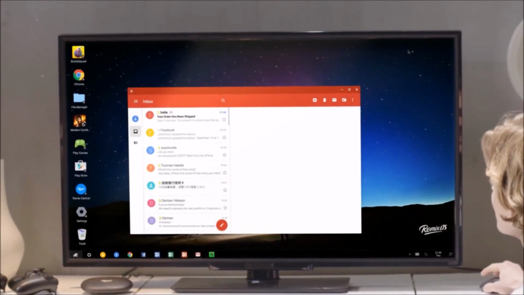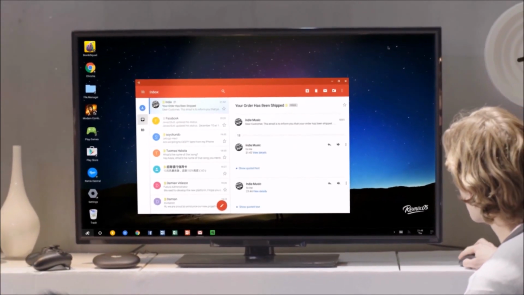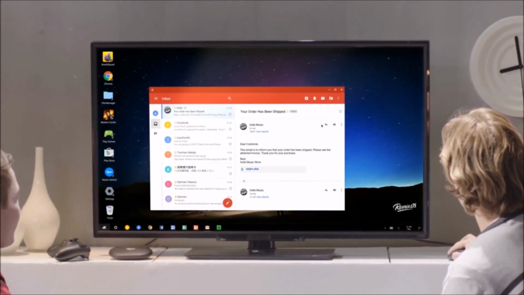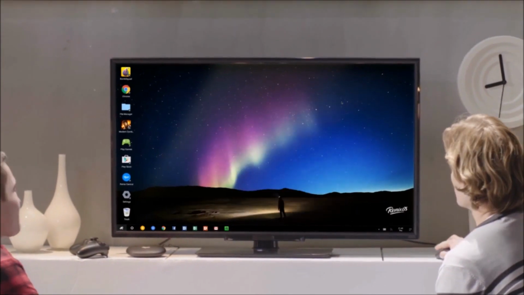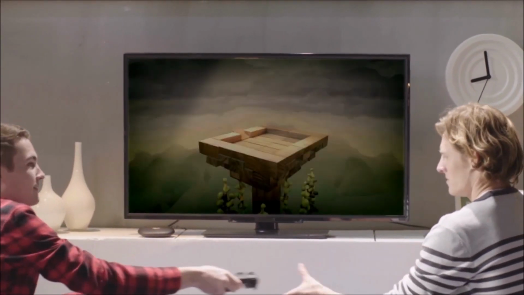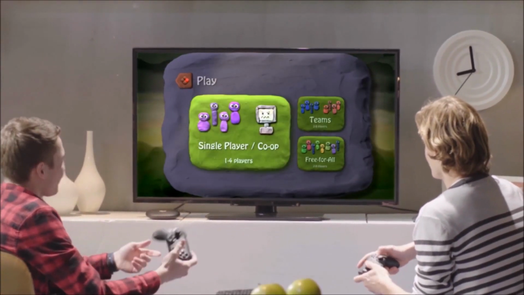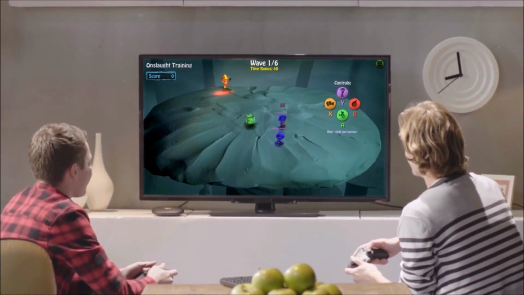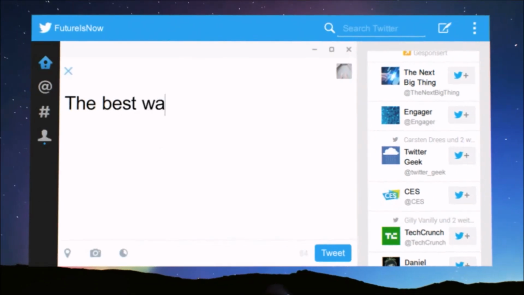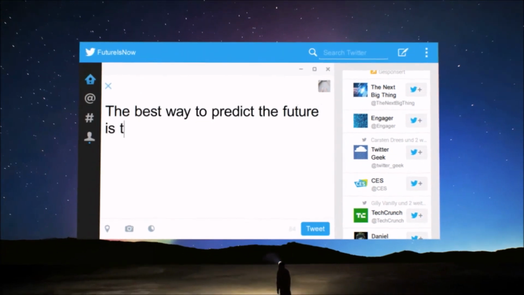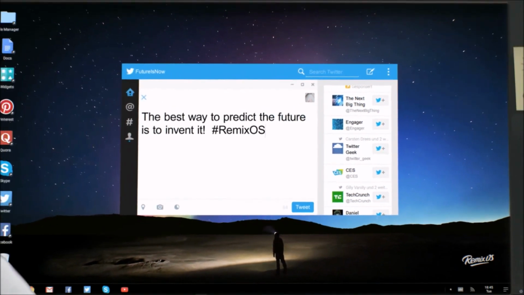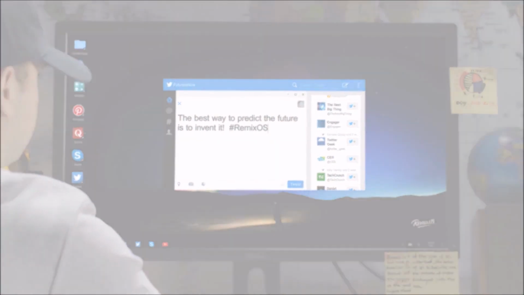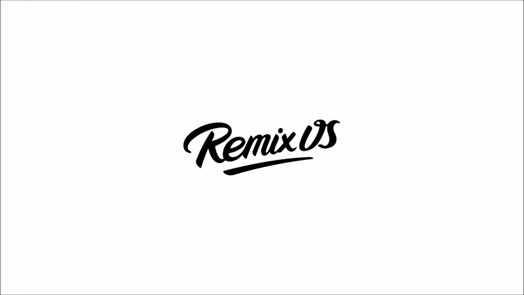To create and to collaborate in amazing ways, to work and play together. The past has already been written, but we are here today to write the future. That's why we believe in what Alan Kay once said: the best way to predict the future is to invent it. Remix OS for the revolutionaries who will shape tomorrow.